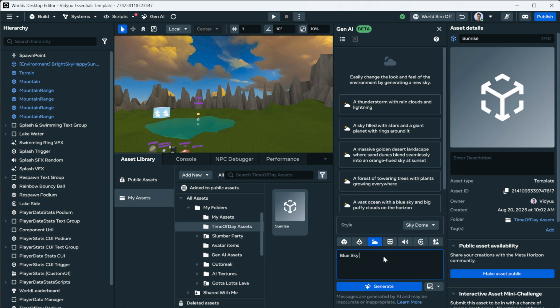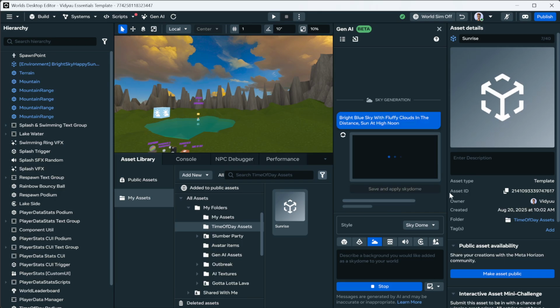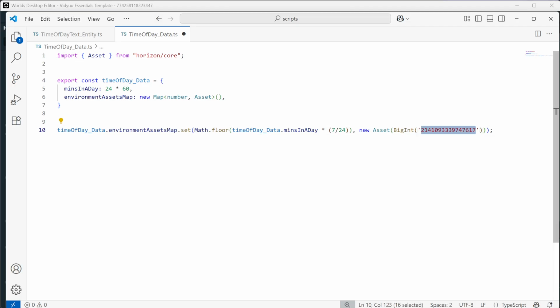In this case, I want to do blue sky with fluffy clouds in the distance. And I want it to be a bright blue sky day. Bright blue sky with fluffy clouds in distance, sun at high noon. Now this did sort of work, but then at the very end it stopped working. So I'm expecting it to do the same thing. Anyway, here's what it is. But I have a few of these generated already, so we're just going to use the ones that I have in my generation thing. So running back in here, we've pasted the asset ID in,